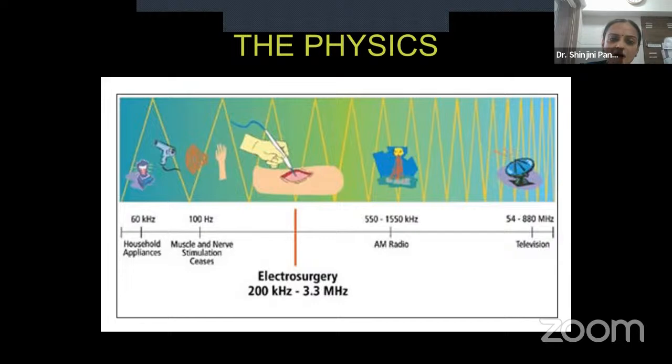So basically, the R in RF is radio frequency, which is basically a misnomer. Misnomer means it is the same frequency that is coming from the radio station. So you will read in papers or articles, everywhere they will write RF current. Okay. Now, let's see